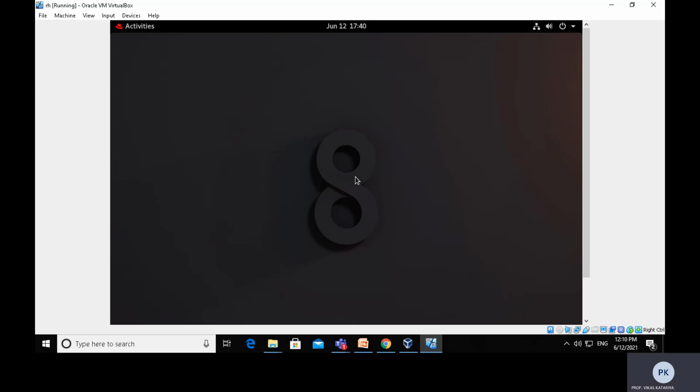So this is all about today's session. We have covered the installation of VirtualBox software and the Red Hat Linux 8.3 installation guide, and now you are familiar with how to install Red Hat Linux from the official website and how to install it in the VirtualBox software. So thank you so much. This is the first day. Tomorrow, we will cover the next topics.